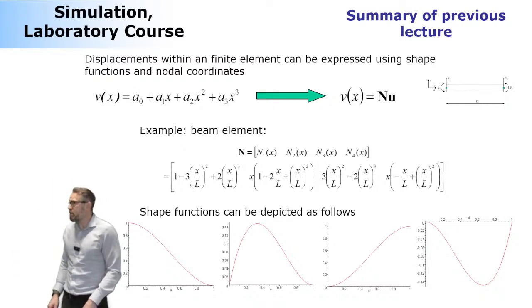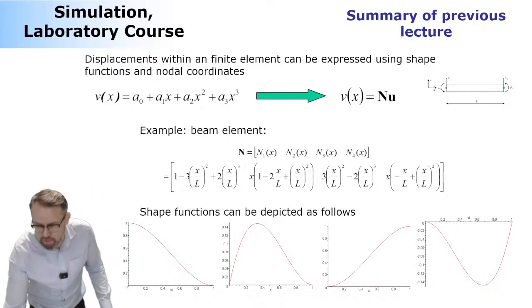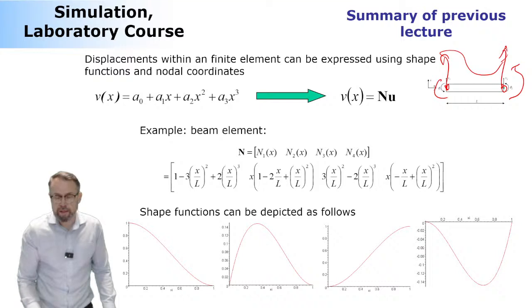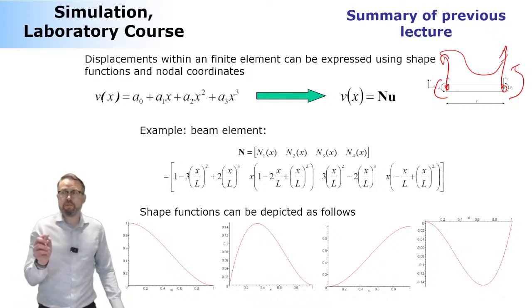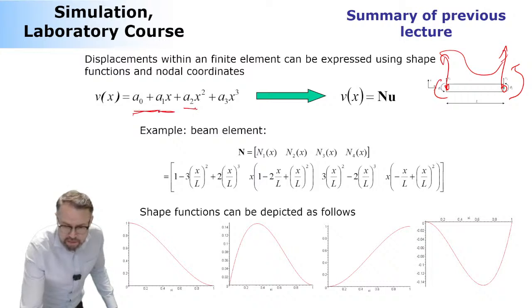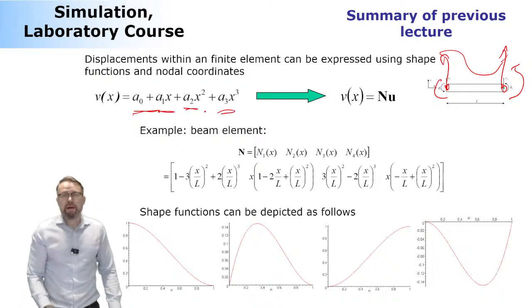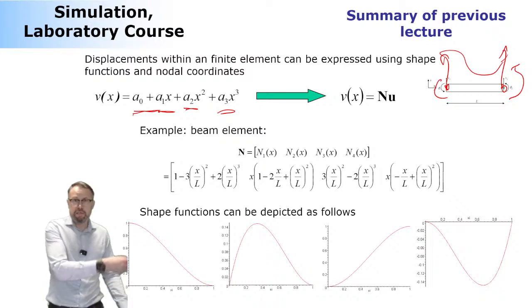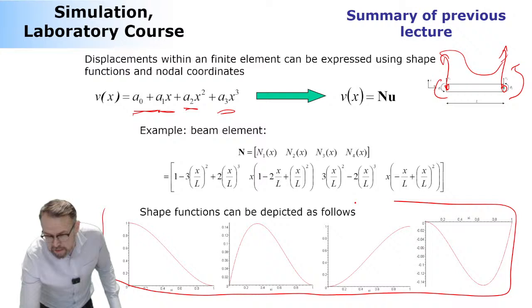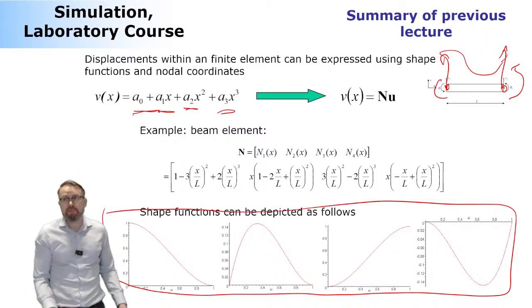This is a little hard to understand, but let's look at the same thing using beam elements, where the beam element consists of two nodes, node 1 and node 2, and each has a transverse direction and rotation, so we only look at off-plane deformation like this. Now I have 4 degrees of freedom, so I can select my polynomial such that it consists of 4 components. So these are my 4 components. And again, using the same technique that I used for the spring element, I can get the shape functions. This is how they look. This is what one element is capable of.